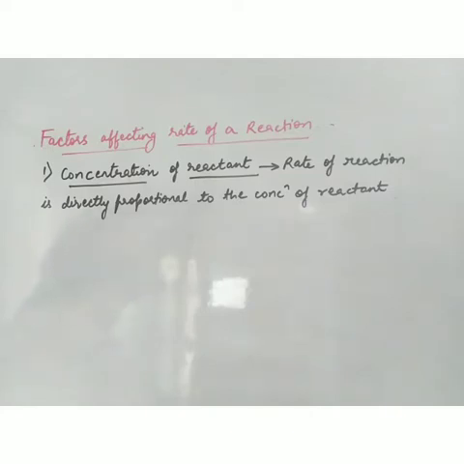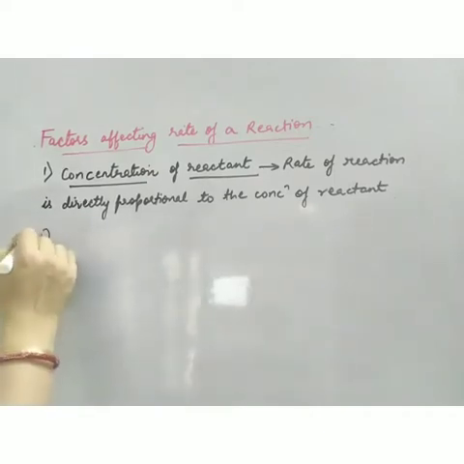Now there should not be any confusion that we can calculate the rate of reaction by using the concentration of reactant and product. Just now we have calculated in the numerical that rate can be calculated from the reactant as well as from the product. But these are two different things: rate basically depends upon the reactant. Suppose a reaction is going on and in the meantime you add some more reactant, what will happen? Again the rate will increase. So rate of reaction depends upon the concentration of reactant only. So this is the first factor. The second factor is temperature.